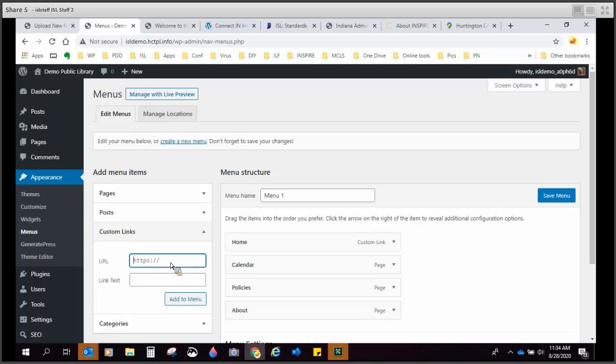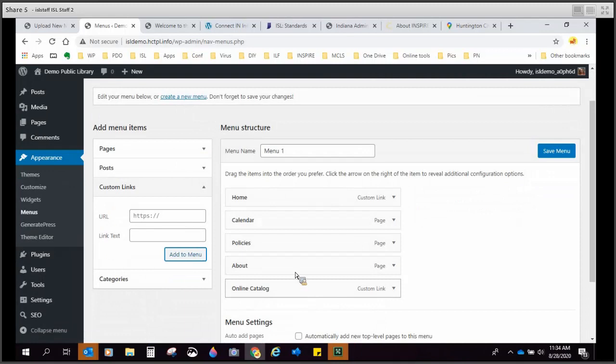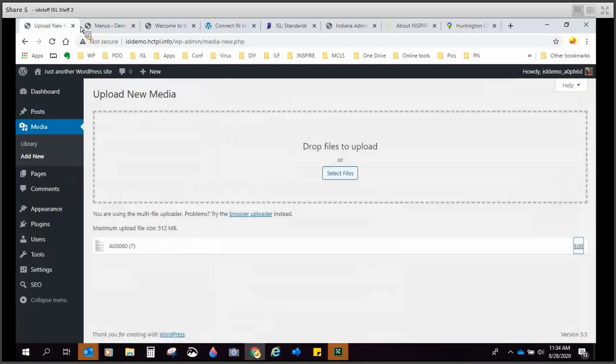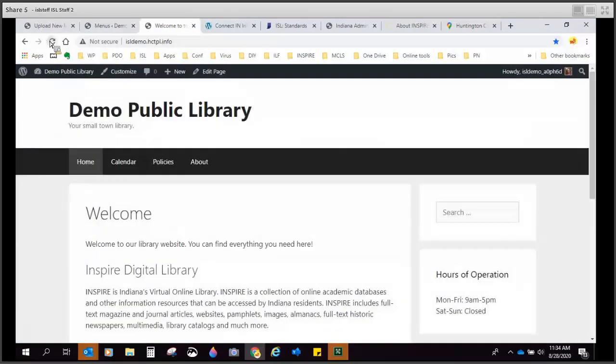So what you're going to want to do here under Add Menu Items is go to Custom Links. When you click that, it gives you an option for a URL and the link text. So you would type in the link to your catalog. We are just going to link to Google right now because that's the easiest to do on the fly. But for your link text, you might want to put online catalog, or our collection, whatever is going to resonate with your patrons. And you hit Add to Menu. What that does is stick it right down here with everything else, and you can drag that wherever you like in your menu, it doesn't matter. You hit save,